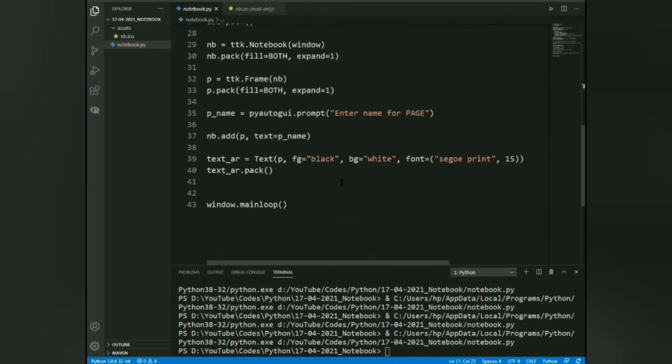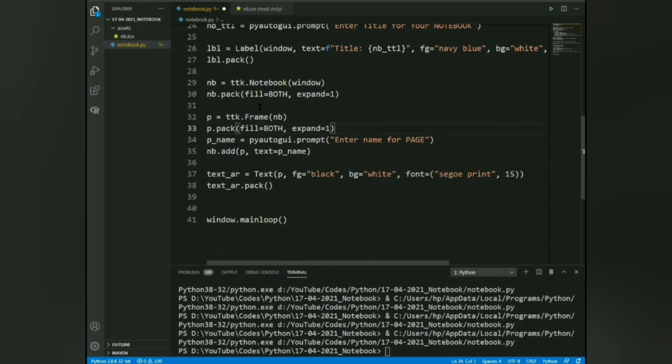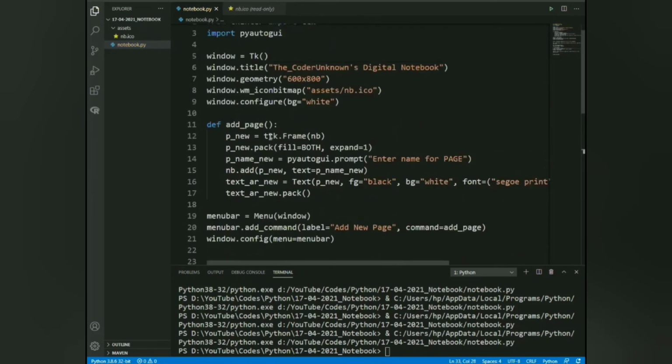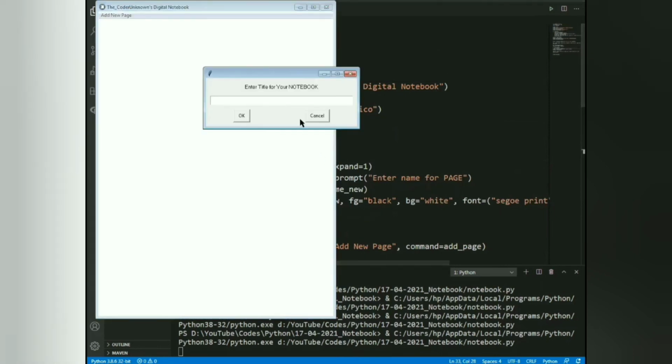Okay, then we are done with this code. You can see it's just about 40 lines of code. Now let's try running it.